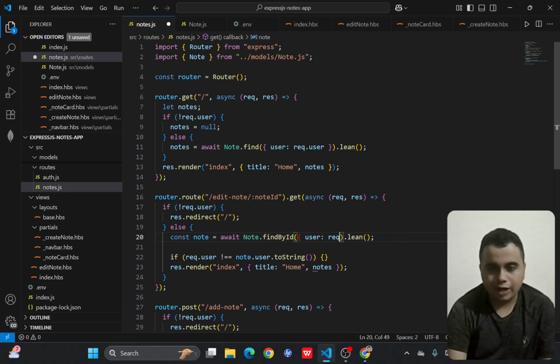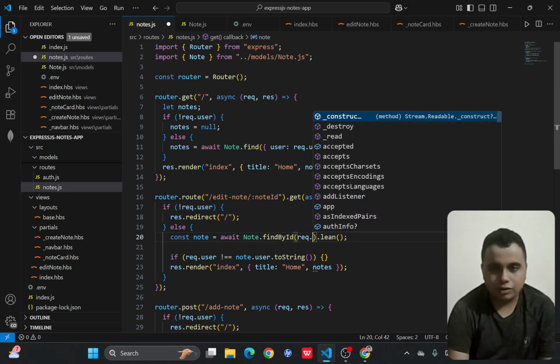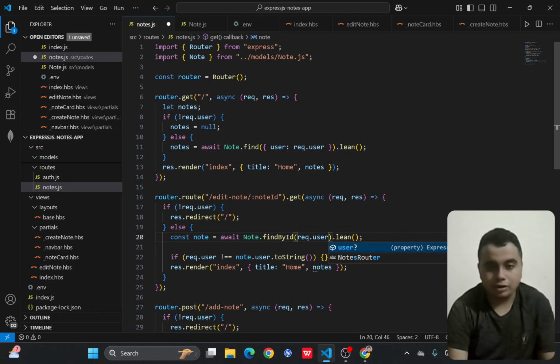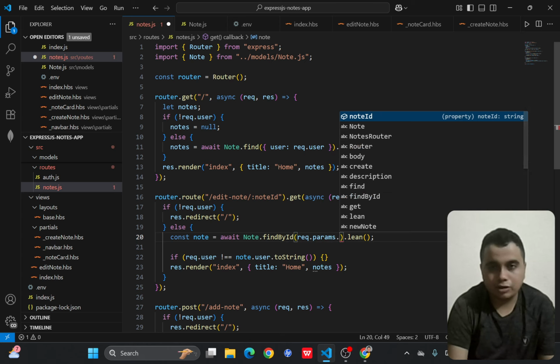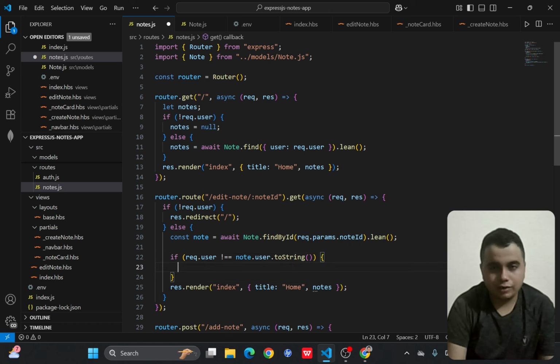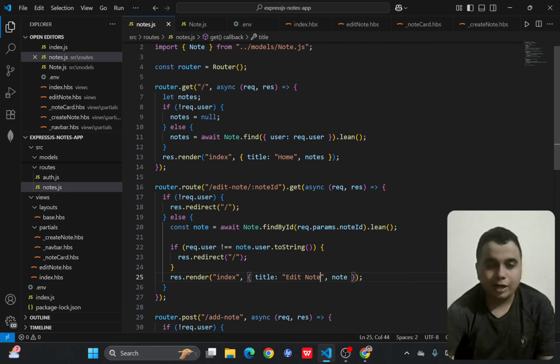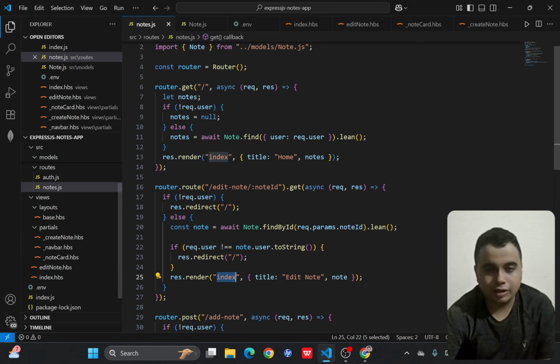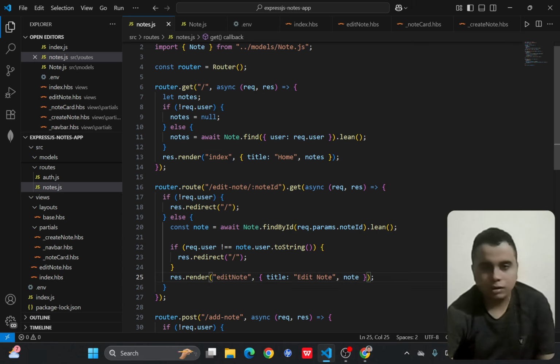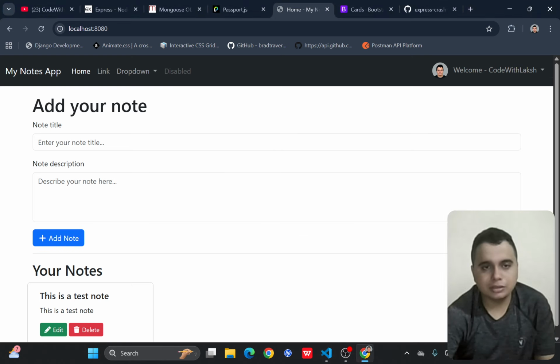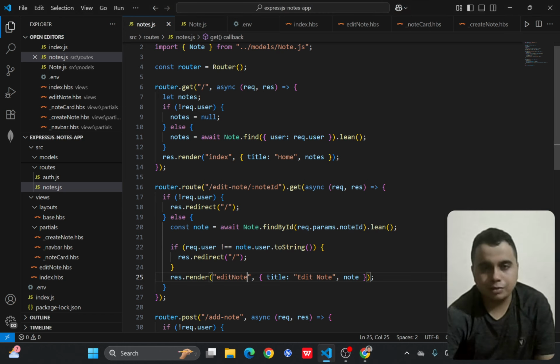Okay, findById, and this will be request.user, sorry, not request.user, request.params.noteId. Okay, so if they're not equal, res.redirect to slash. Okay, and just pass in the note. Okay, and just render out the edit note page. And if I go to this page, if not of request.user,